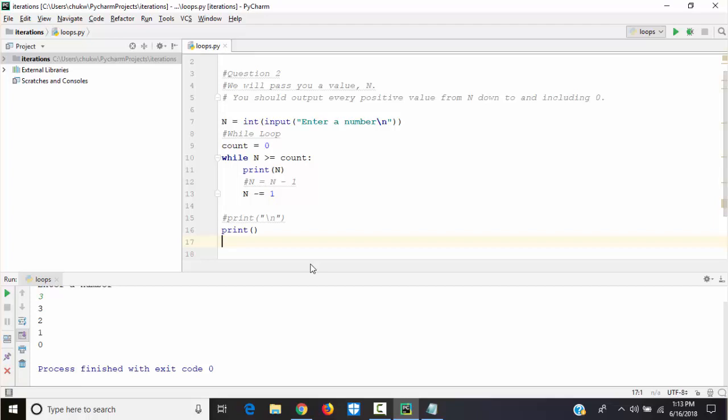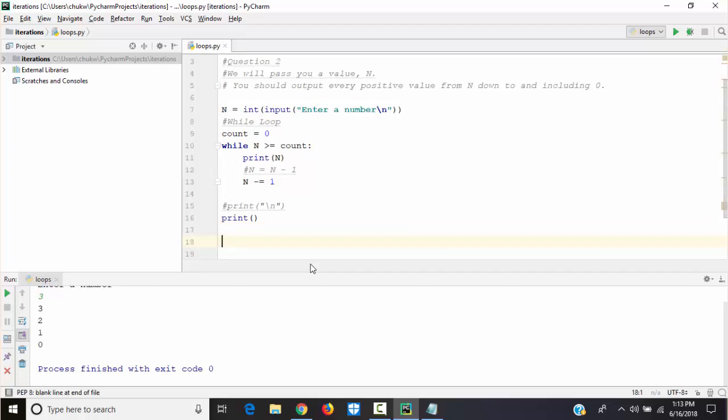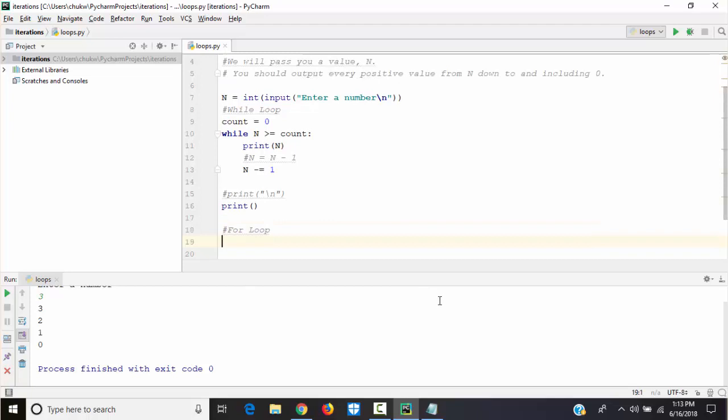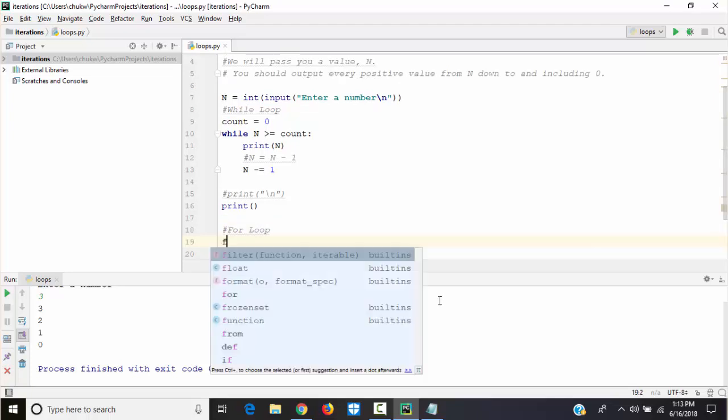So we want to now write the for loop. So you will see 3210, then a space, an empty line, and then you also see 3210. You know that the first one is the while loop, and the second one is the for loop. So our for loop, we will say for